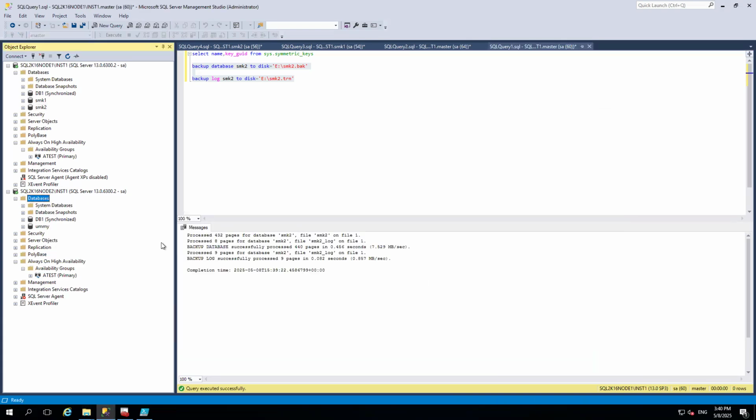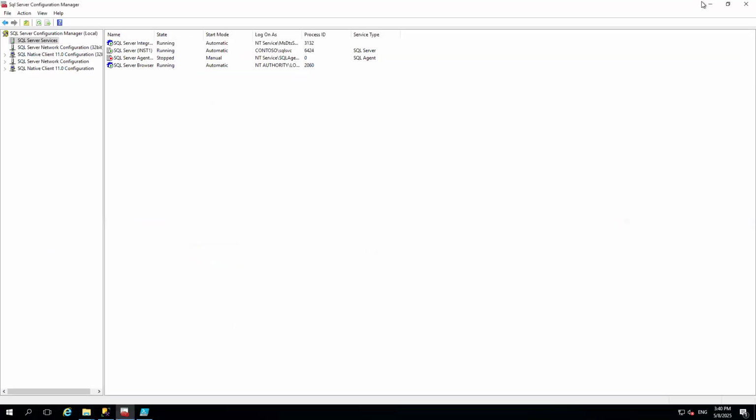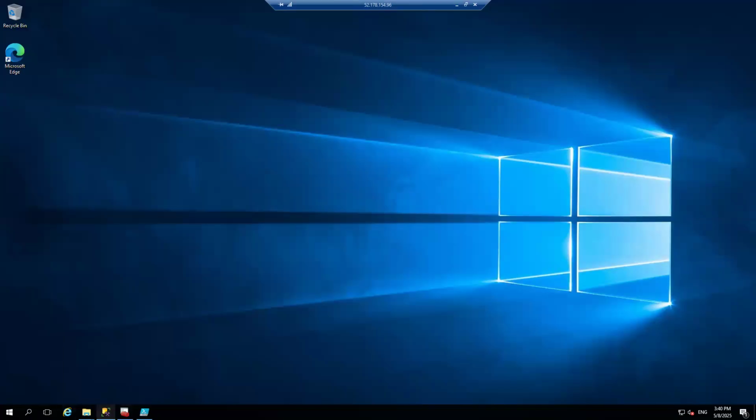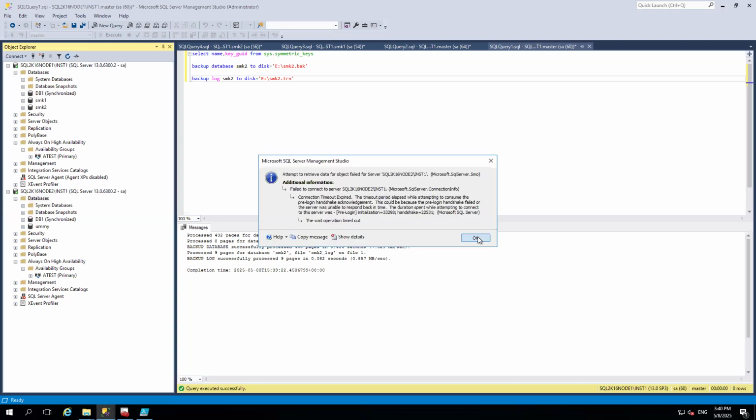I can use seeding. The only problem is I don't have identical paths and I'm on 2016. If you are on 2016, the path should be identical to make use of seeding. I don't have that, so that is the reason I have to do a backup and restore. Every time this won't respond, I am not sure. That is the reason I intentionally connected without domain. But still, this is